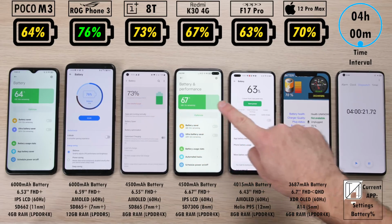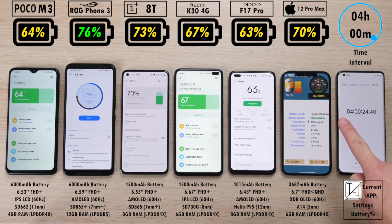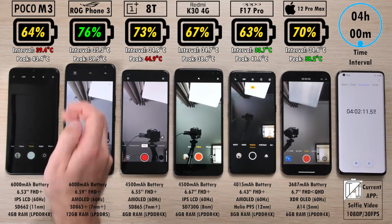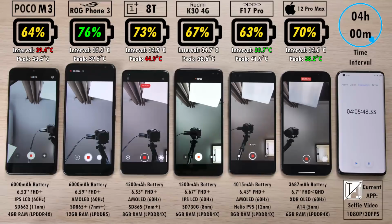of the video. And I've also made sure to disable X mode on the ROG Phone 3, but sometimes it decides to sneak back up. I'll show you guys a little bit later, but I do make sure I turn it off for the most accurate results over here. We're currently selfie video recording 1080p 30 FPS, and after that 4-hour mark interval, the previous one,